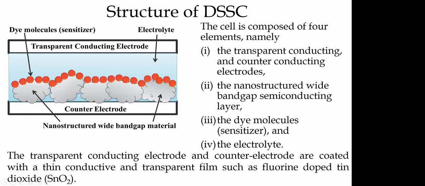So basically, you have four components in your system. The top electrode, that is transparent conducting oxide with a wide band gap. Then you have nanostructured wide band gap materials, which act as electron transport. You need to separate the electrons which are photo generated within the dye molecules. Then dye molecules actually generate the photo generated carriers, which act like sensitizers, as the name suggests, and the electrolyte to compensate the holes.